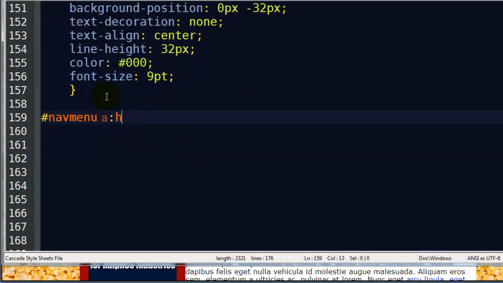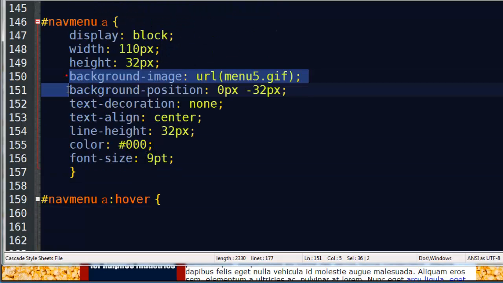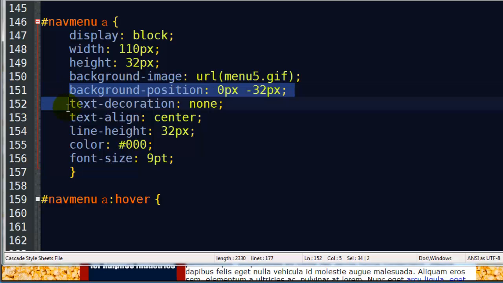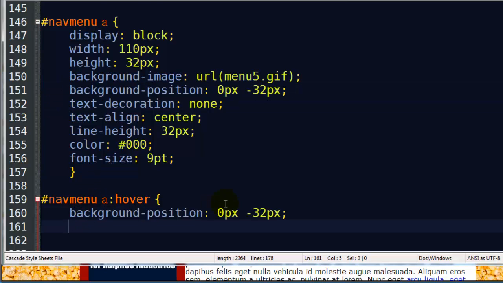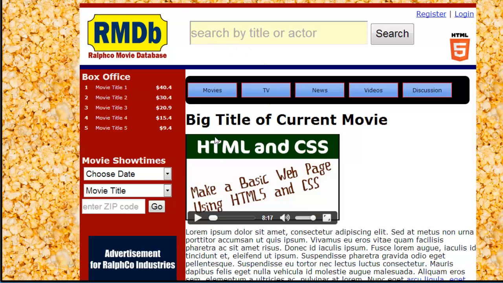Nav menu A:hover. Now we've already got the background image set on the anchors, but what I do need is to reposition that background image. So I'm just going to take that background position and knock it down to 0px, which is basically the default. So now when I hover over these background images, they switch over to orange, and that's the